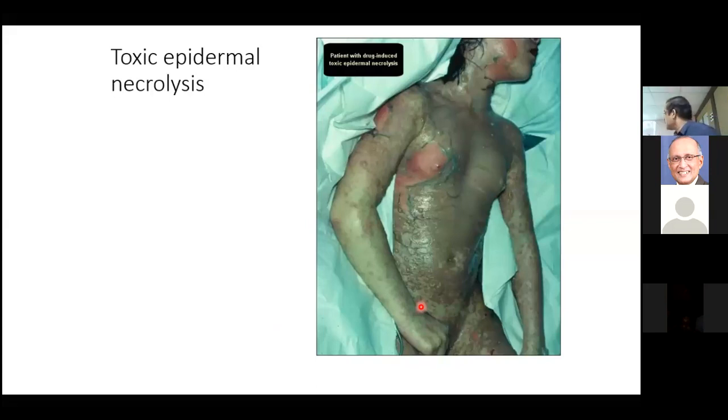So the initial presentation of this particular patient would have been, can you see this on the arm? Just an erythematous rash. And that has finally ended with a loss of sheets of epidermis. So if this was picked up probably around 4 or 5 days earlier, probably this would not have occurred because early start of immunosuppressives or IV immunoglobulin could have been done. That is a take-home message I want you to take, right?